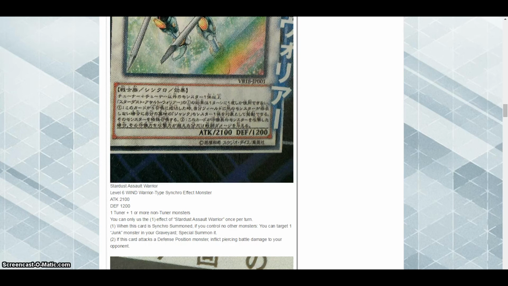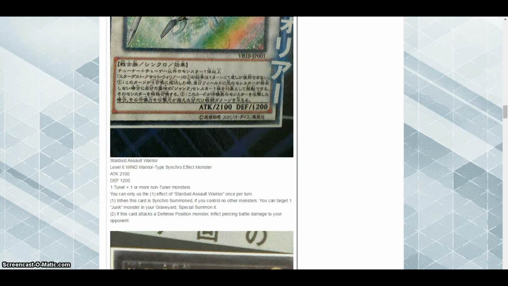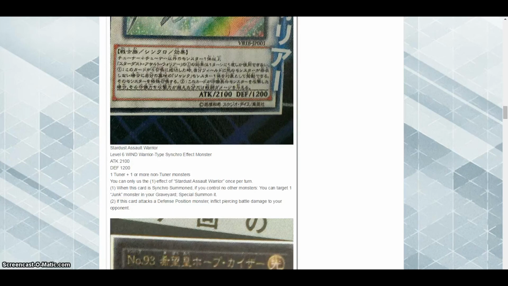So this looks like, if anything, just a kind of generic Level 6 to go into with Stardust in its name, because Stardust. And then piercing. I think the best thing that this does is it gives you a Level 6 Synchro to use in your crazy Synchro combo plays, going for your 900 Quasars and Stardust Red Dragon, or the other Level 12 that's super OP. And then it also obviously is Special Summoning a Junk monster in your graveyard,